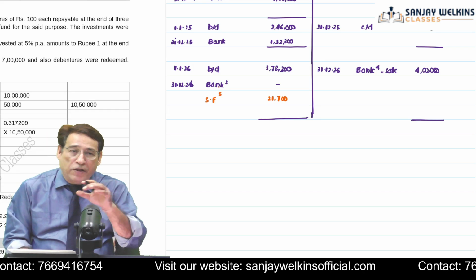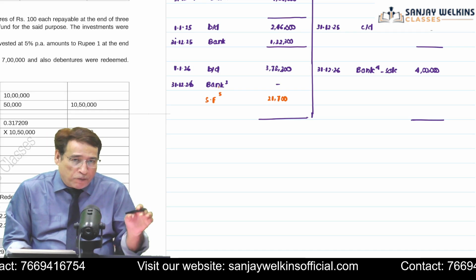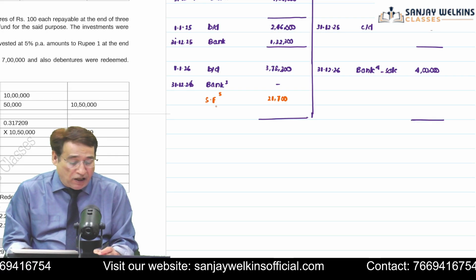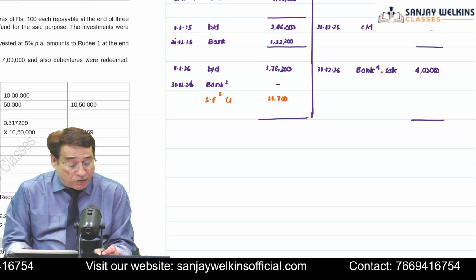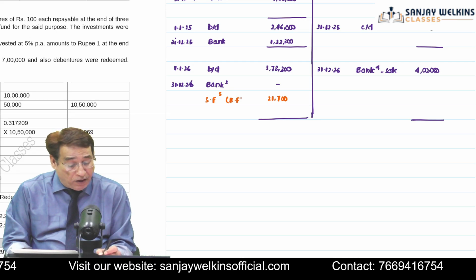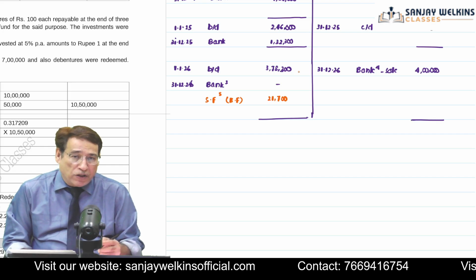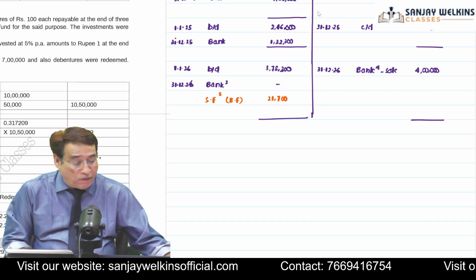The first step is interest, second step is appropriation, third, no investment, fourth, sale of investment, and fifth, we are going to sell it off. So this will be your balancing figure. Whatever balance you are going to receive, that balance will be transferred to sinking fund. Although in this case, it is a case of profit.